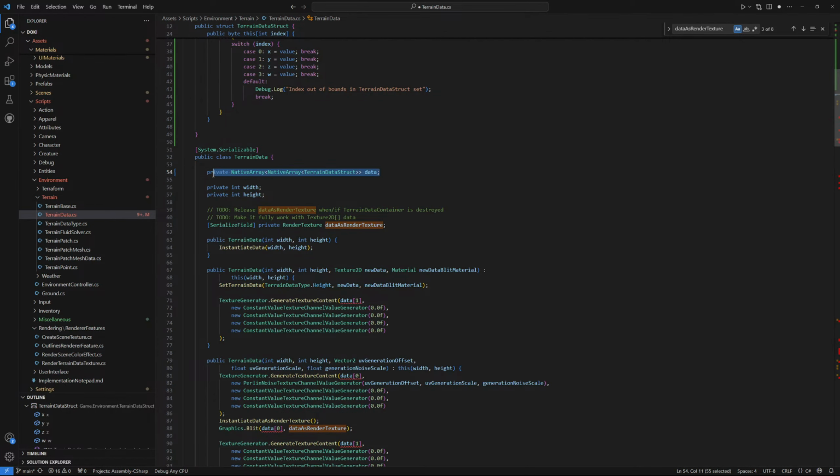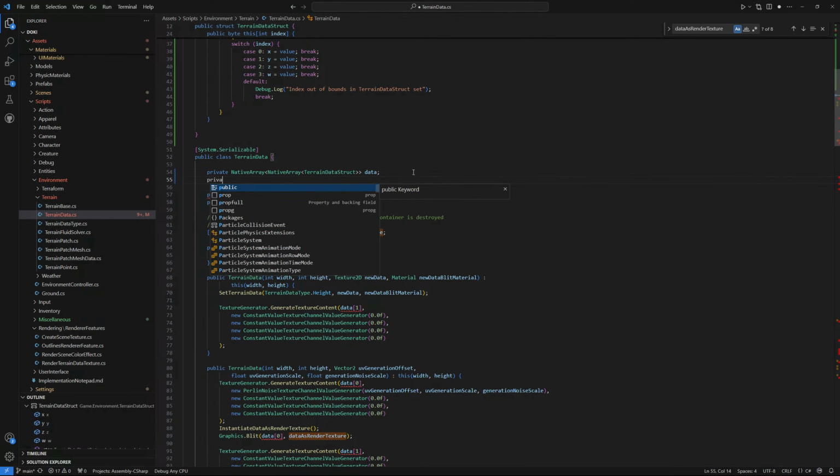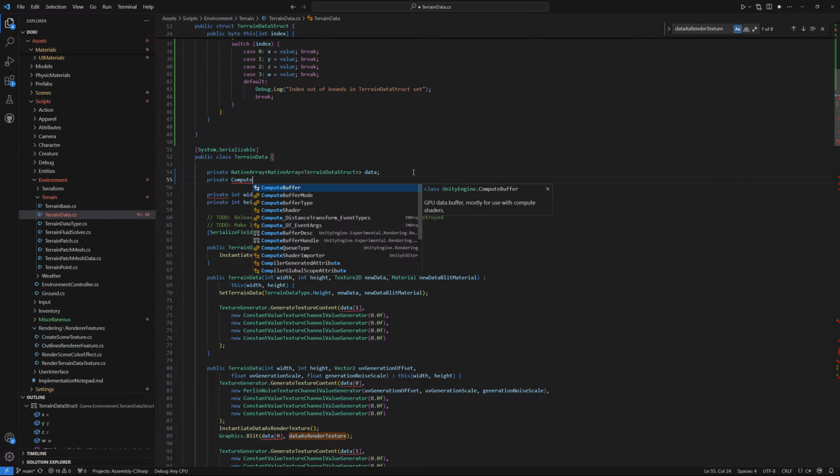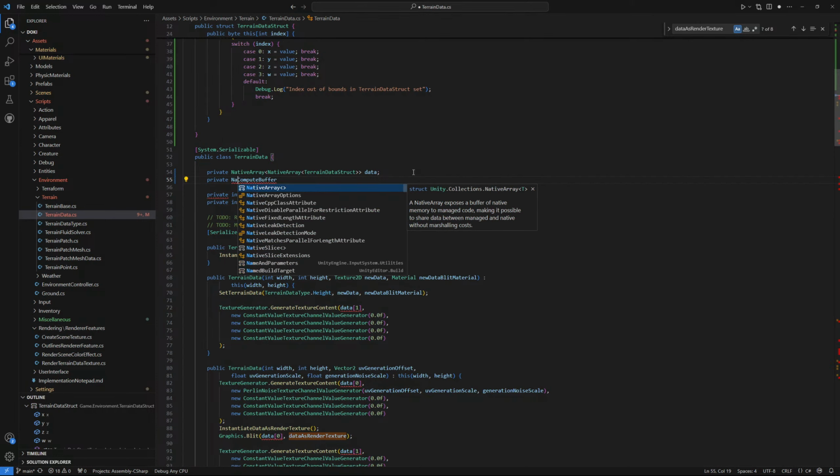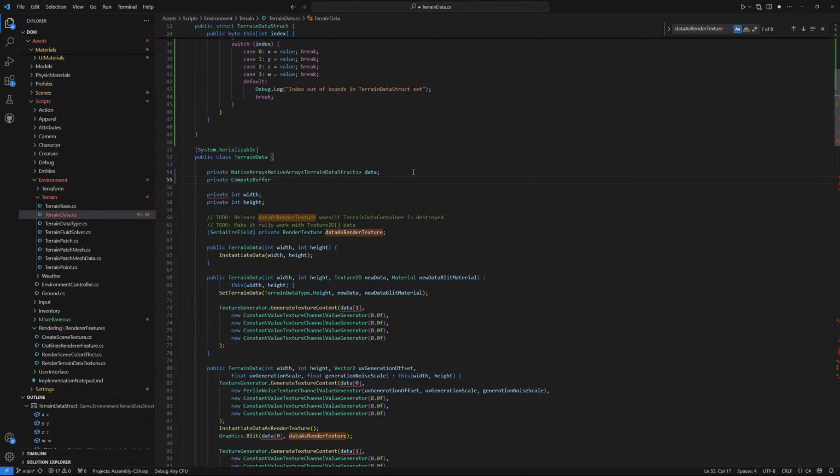So we're gonna have data, we're gonna have it like this, and then we're gonna have private compute buffer. But I'm wondering here